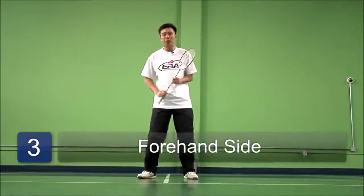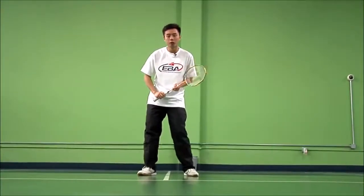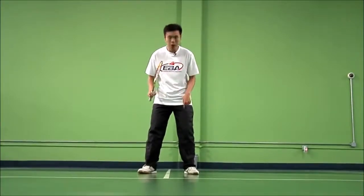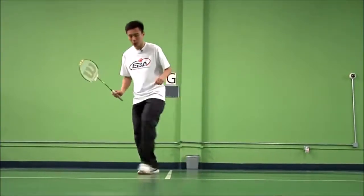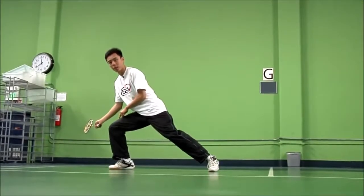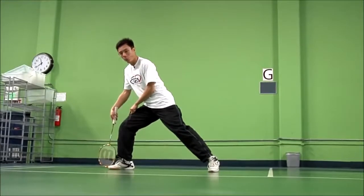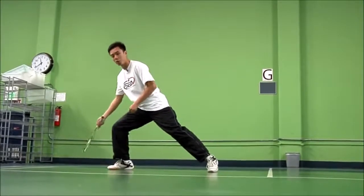We're going to talk about the forehand side footwork. To start off, make sure you start with your left foot and lunge outwards with your right foot. Make sure that your foot is pointing towards the direction in which you're lunging towards and not